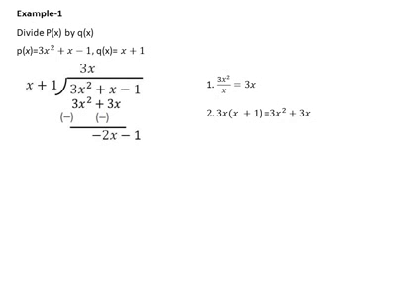Now again, first step. What is the first step? We need to compare the highest degree terms. Here the dividend highest degree term is minus 2x. Divisor highest degree term is x. If I divide, you will get minus 2. Write it in the quotient. Now we have to multiply the quotient and divisor. Minus 2 has to multiply with x plus 1. If I multiply, you will get minus 2x minus 2.